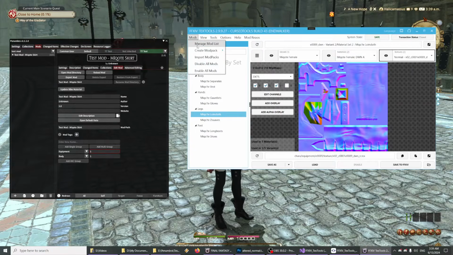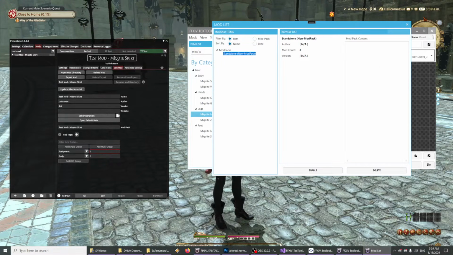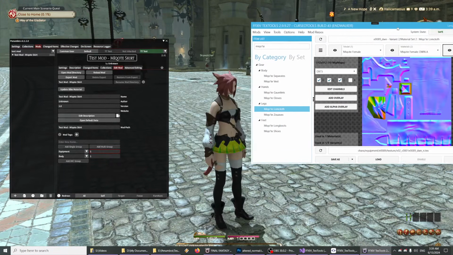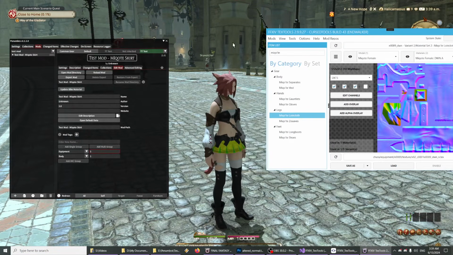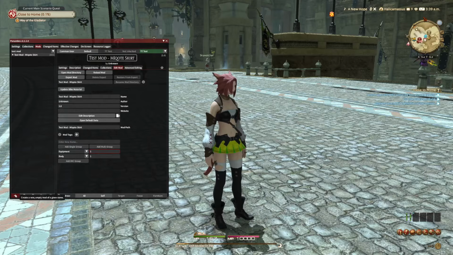And if we look again, back in our mod list the whole time, nothing's changed in the game files. Nothing's been edited. This is attached to the real Final Fantasy 14 install. There's no secondary install happening. It all works great. We can also go ahead and do some new neat things, such as create a new